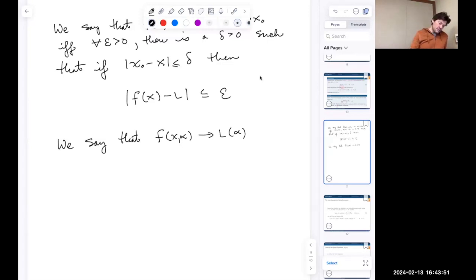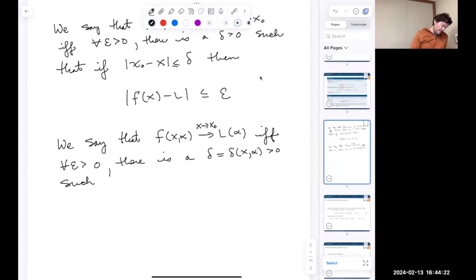In general. If and only if, oops, I forgot to say, let's put the x goes to x naught here. If and only if, for every epsilon greater than 0, there is a delta which in this case, let's say, depends on x and alpha,